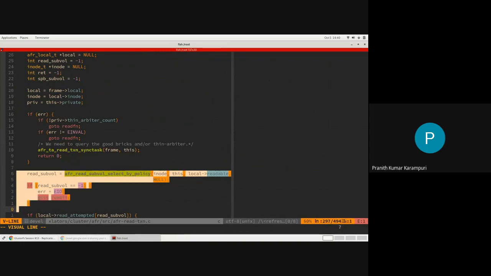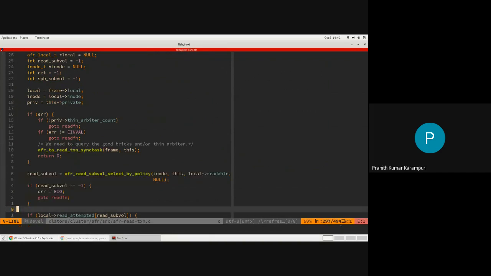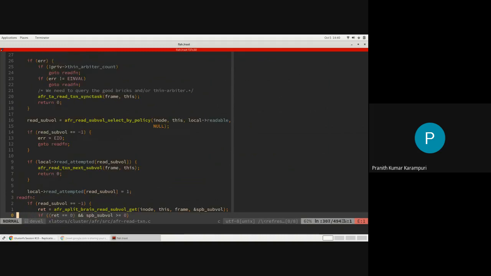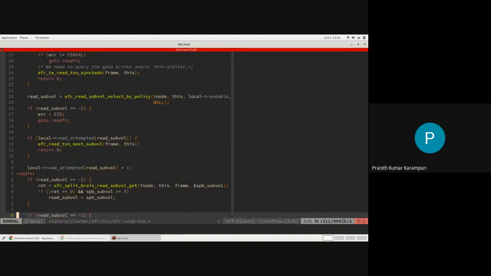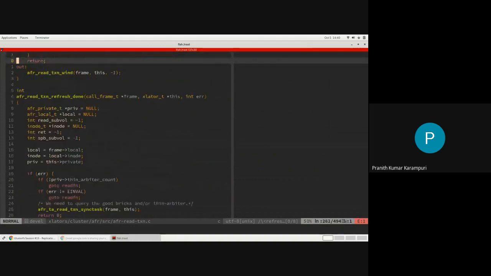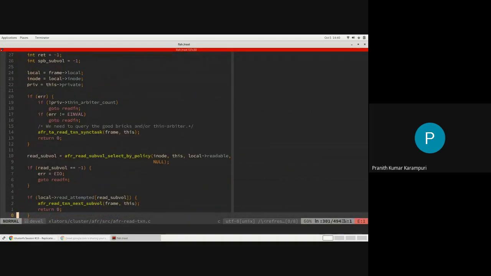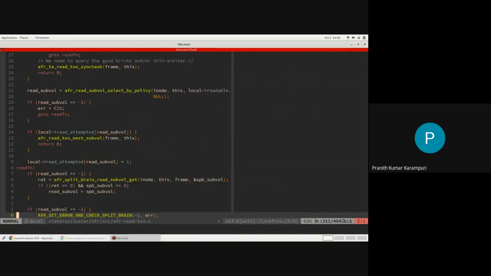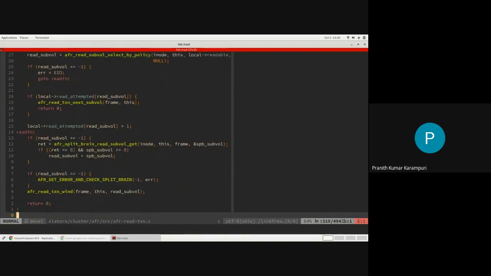It is getting the read subvolume again by policy. Yeah, so it just got that if it is next subvolume.